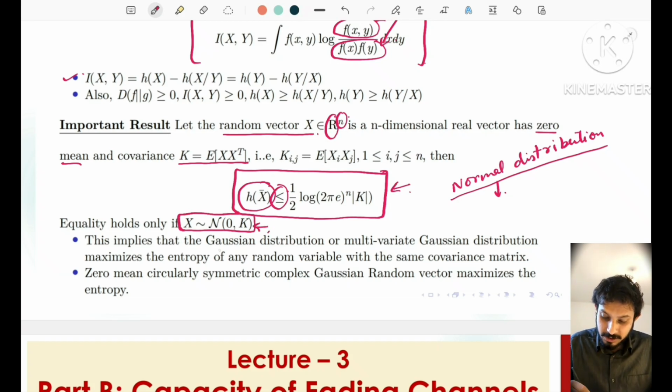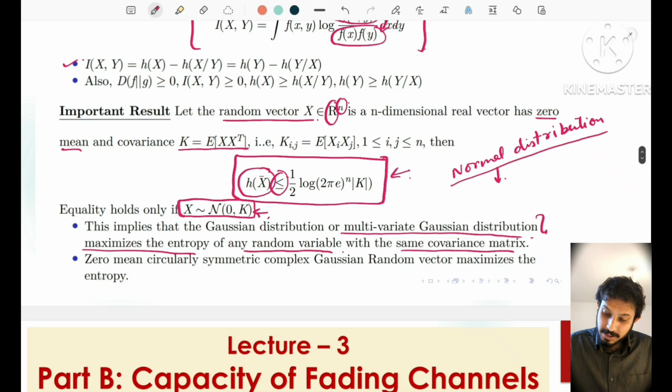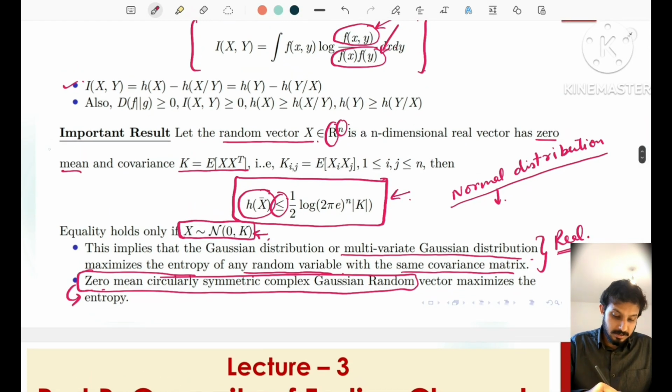This implies that the Gaussian distribution or multivariate Gaussian distribution maximizes the entropy of any random variable with the same covariance matrix. And this is for the real case. If we consider the complex valued case, then the zero mean circularly symmetric complex Gaussian random vector maximizes the entropy. So these are the two important results, for the real valued and for the complex valued, that are particularly considered when we study the wireless